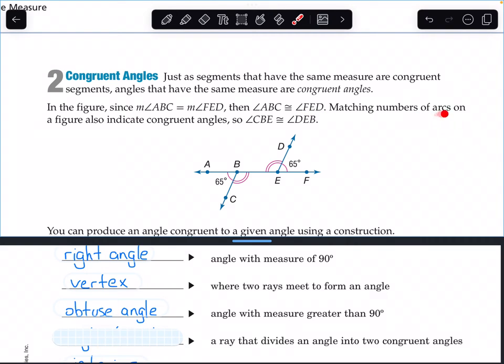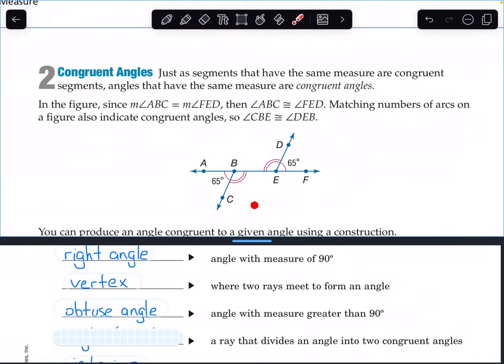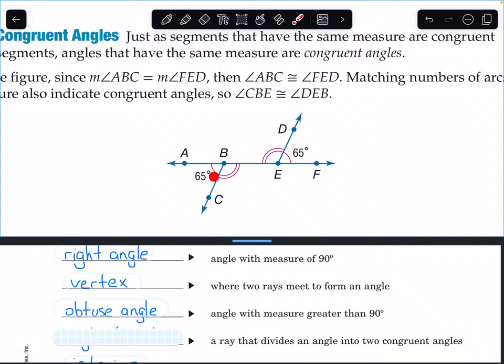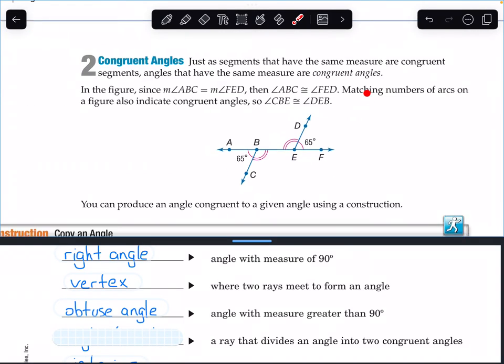Matching the numbers of arcs on a figure also indicates congruent angles. Notice they both have one pink arc in there. So angle CBE is congruent to angle DEB. DEB is here with two arcs, and CBE is right here with two arcs. So even though we don't have the actual measurement given, we can see from the diagram that matching marks give us